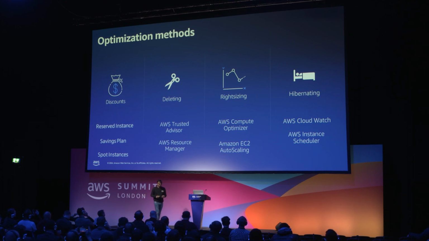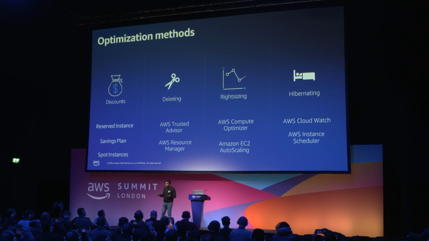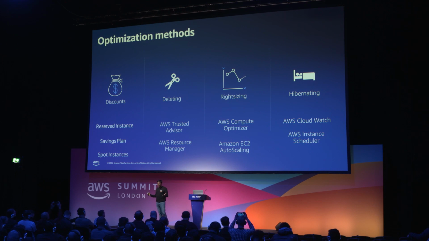The fourth one is hibernating. This is all about shutting down your instances when it is not primarily being used. So you could relate this with your non-production workload, where you would mostly use it during office hours. On the non-office hours, if it is not required, you need to get them shut down when it is not used. So what tools could you leverage here? You could primarily use AWS Instance Scheduler to automate so that these can be shut down when they are really not in use.